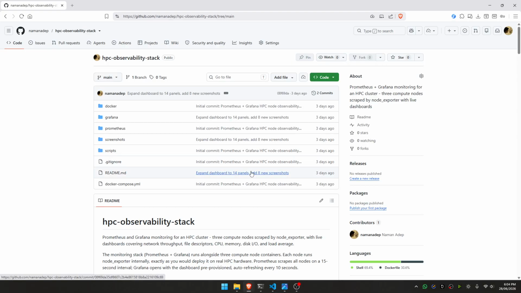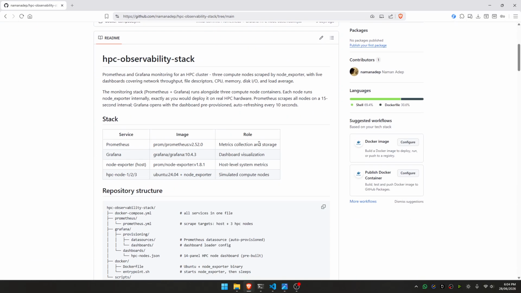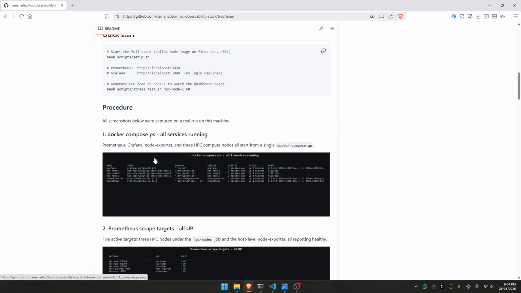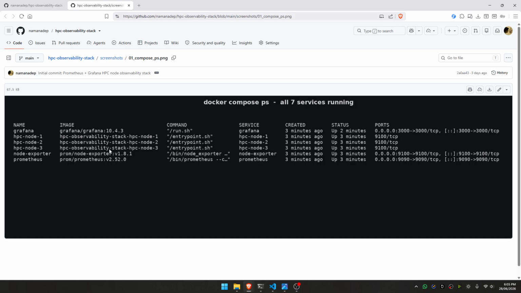So here is the repository that we will be following. If you go ahead and clone my repository, you can run the setup.sh bash file. What it would do is spin up some nodes and give you a template so that you can get your Grafana and Prometheus setup. So if you run that script, what would end up happening is that you would have